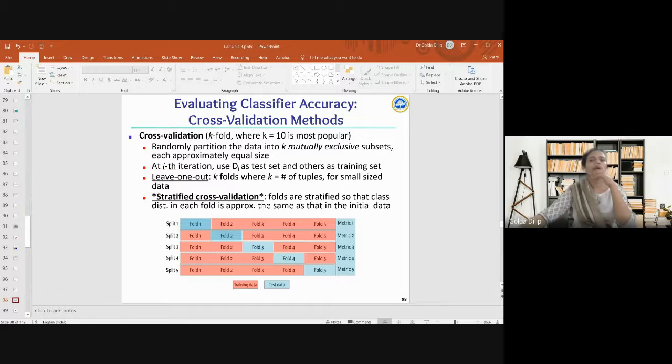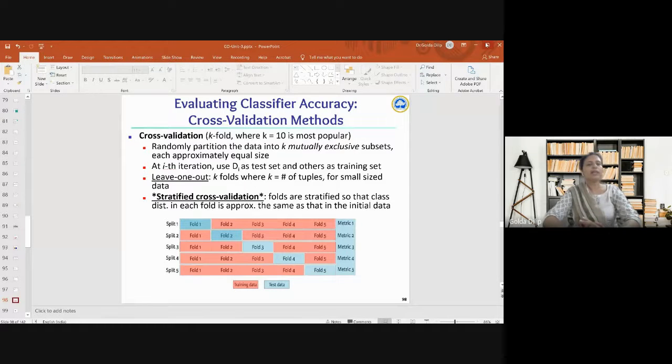How do you evaluate the classifier's accuracy? Please pay attention, because when you do a major project or minor project, most of your projects will come under AI, ML, or data science. Whatever model you build, finally you will have to evaluate it. At that time you will not know how to go ahead with the evaluation, what the various techniques are, how to do it, and which is suitable for you. All these topics are very important, not just for examination sake for data mining. So next is cross validation.